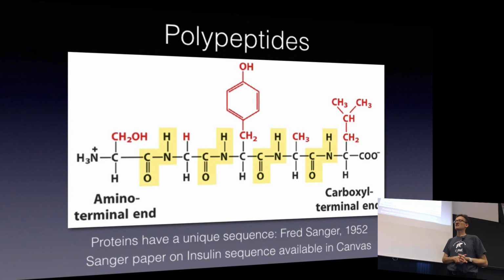But given how, at SciLifeLab, we sequence roughly the equivalent of one human genome per day nowadays. The first human genome was a worldwide endeavor that took 10 years, and now we do it in one day at one site. And Fred Sanger sequenced insulin, and it probably took him 3 or 4 years. So there's no other method that creates more biological information today than sequencing. It's exceptionally powerful.